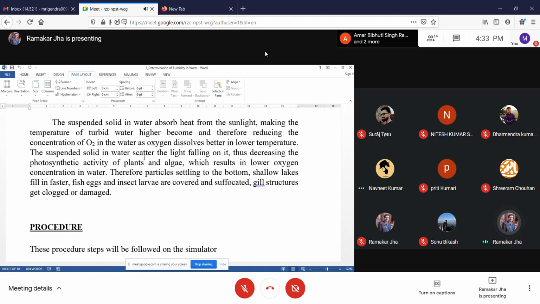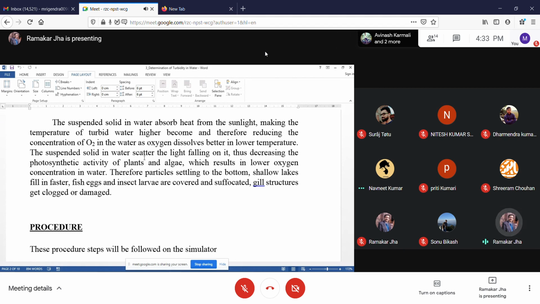Cold water will have more oxygen. Pure water will have more oxygen. Turbid water will have less oxygen. It will have a high temperature, and therefore reduced concentration of O2. I can give you an example of making tea. So same here. कोई भी पानी गंदा होगा तो ज्यादा गर्म होगा, क्योंकि सनलाइट पड़ेगा तो उसका पार्टिकल जो है वो गर्म होगा जल्दी, वाटर नहीं होगा. So that is why pure water will have more oxygen.